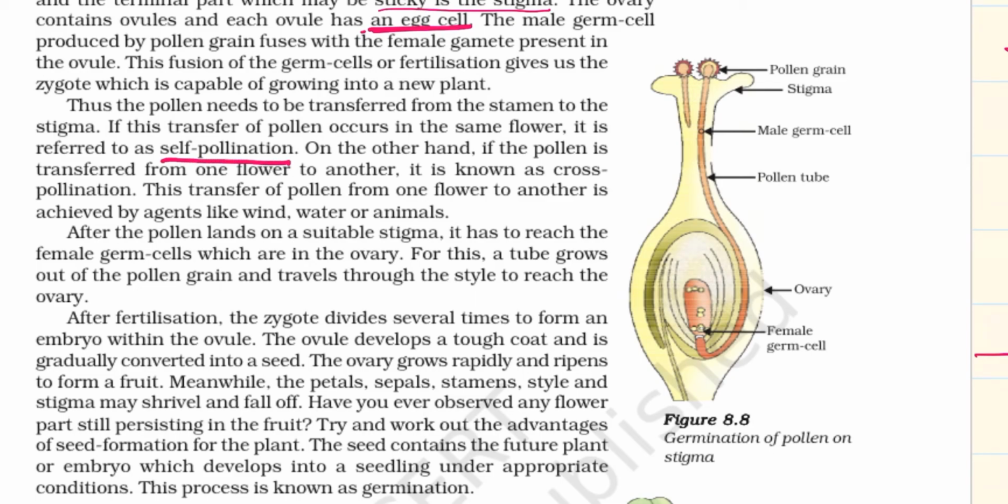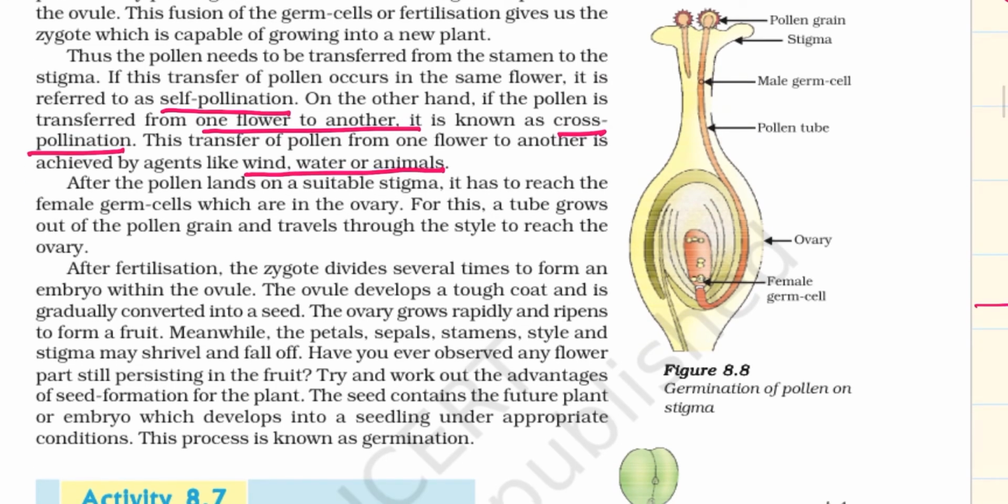On the other hand, if the pollen is transferred from one flower to another flower, it is referred to as cross-pollination. This transfer of pollen from one flower to another flower is achieved by agents like wind, water, and animals. After the pollen lands on the suitable stigma, it has to reach the female germ cell, which